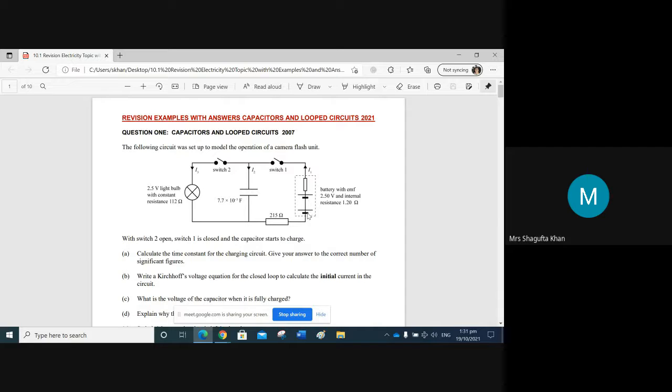When you close the switch, as we said before, current will be flowing this way. Now, they might ask, say for example, instead of this capacitor, there might be a resistor here. I'm just taking it as a different question, okay? So current will be only flowing in this direction. They might ask you to write a Kirchhoff equation for the voltages. So Kirchhoff law says that,